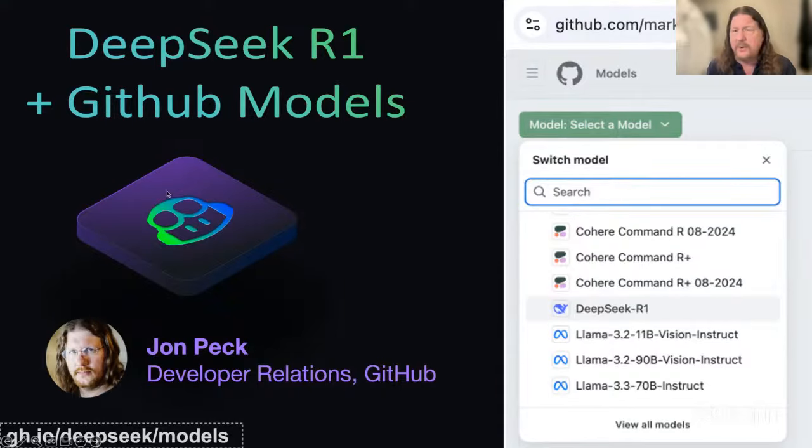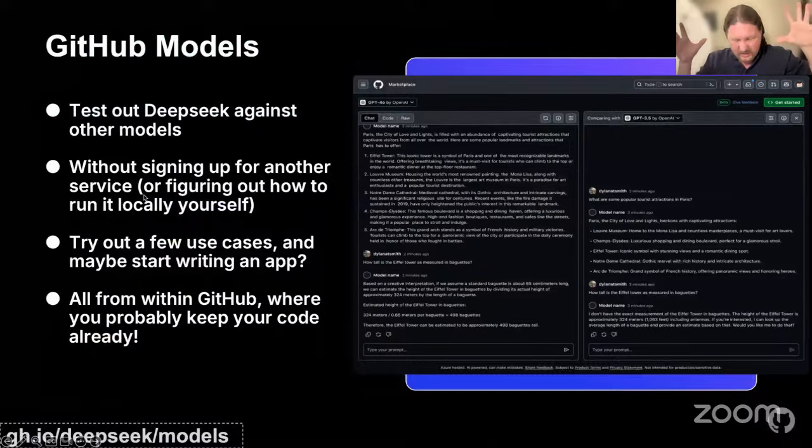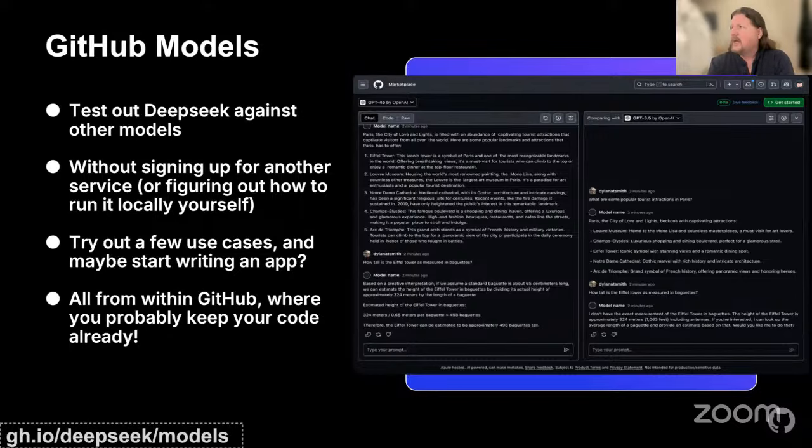Anyway, I'm here to show you all about GitHub Models. We just added DeepSeek to this pretty much right after it came out. What it does is it lets you test models against each other and then move directly from those into writing production code, right? And the cool thing about it is not only can you do that, you can test these out free. We've got a whole slew of models that are available there, but they all work initially when you're trialing them with your GitHub token. So all you have to do is go to